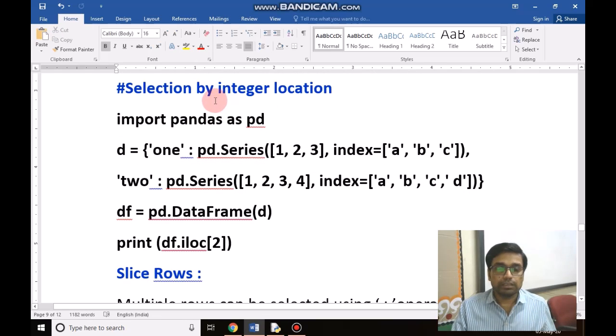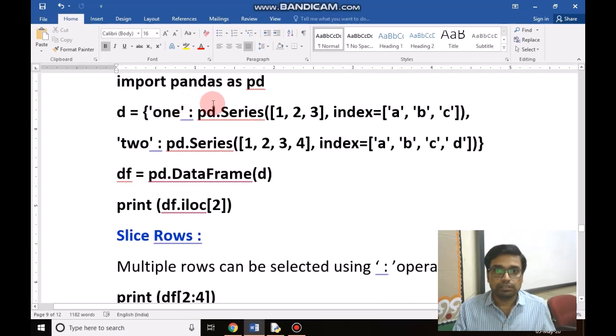The next method is selection by integer location. In the same way, we have given our dictionary, and we will convert this dictionary to a data frame with the help of the DataFrame function. We will write another attribute, df.iloc, but we will give a number here.